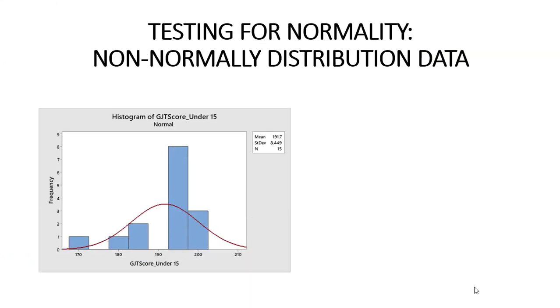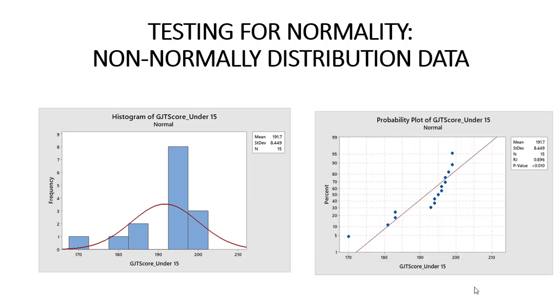Then we saw an example that would not be normally distributed, and here we have the other example. So you can see here that the data has gaps, and a lot of the data falls outside the normal distribution. When we do the probability plot for these data, we see that the points are far away from the line in the middle,